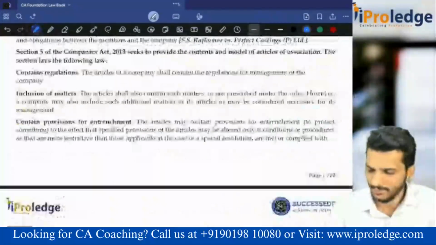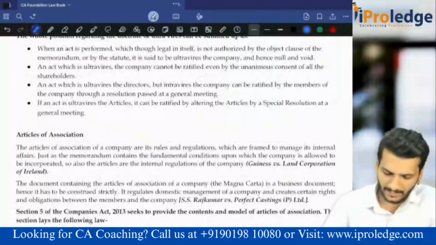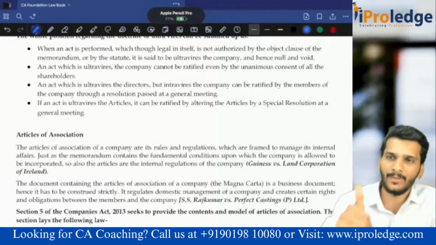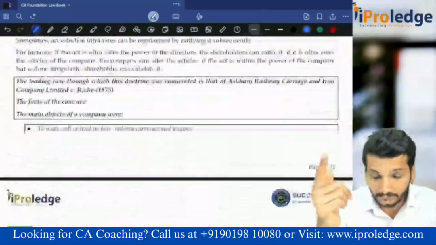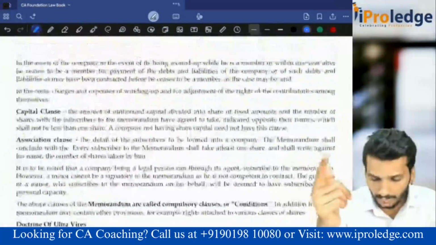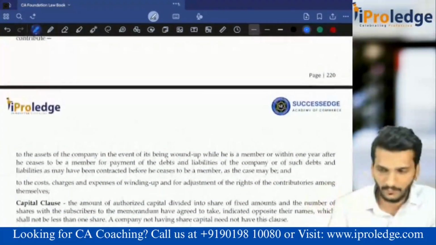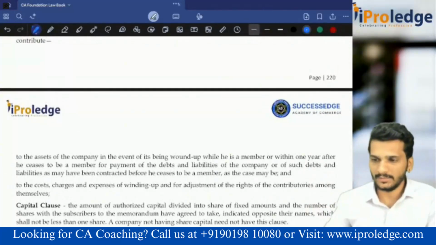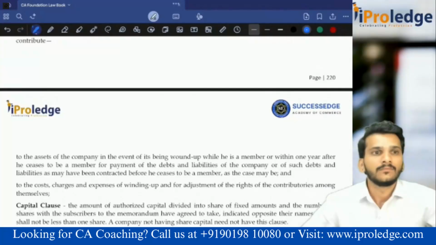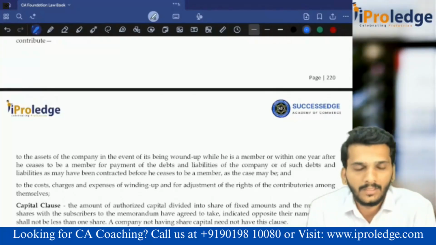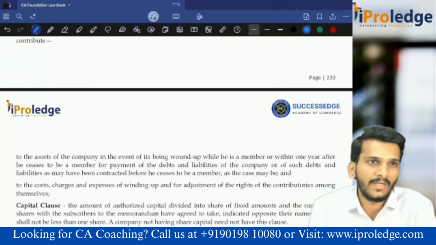Around 6 pages are there. Okay, see, it contains very simple concepts. 3 concepts are left. One is capital, one is the doctrines, and the other one is MOA. 3 things are left. We will discuss them in tomorrow's class. Name registration is not there in the syllabus. That's why it is skipped here.